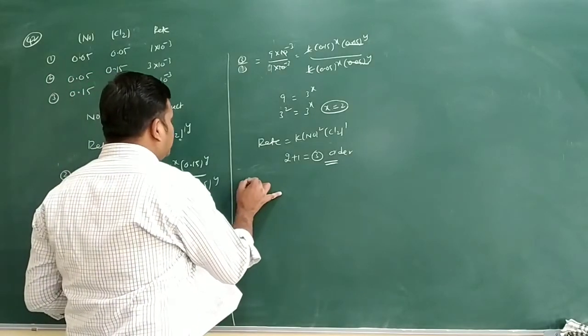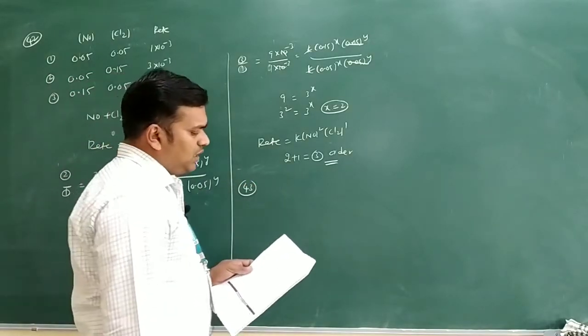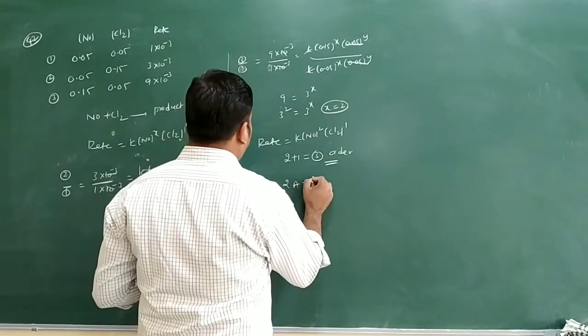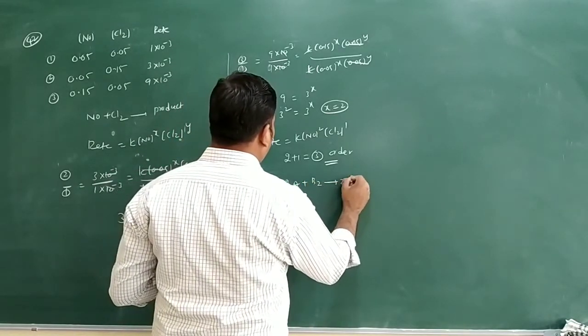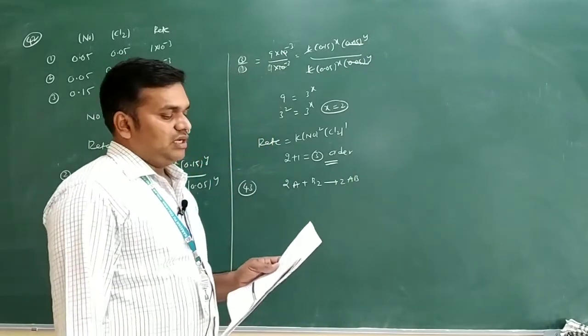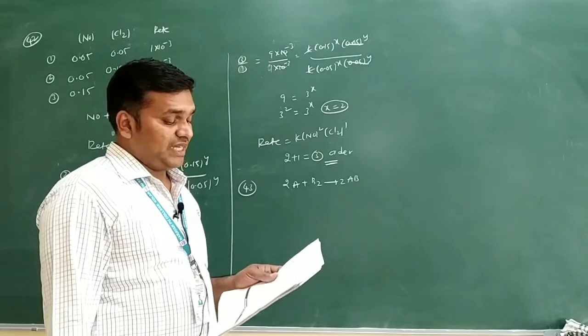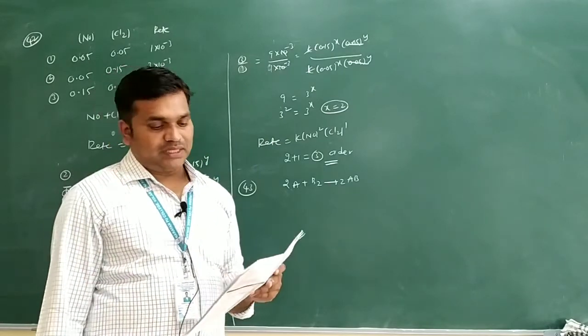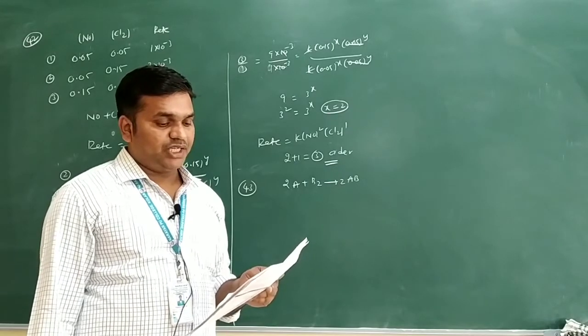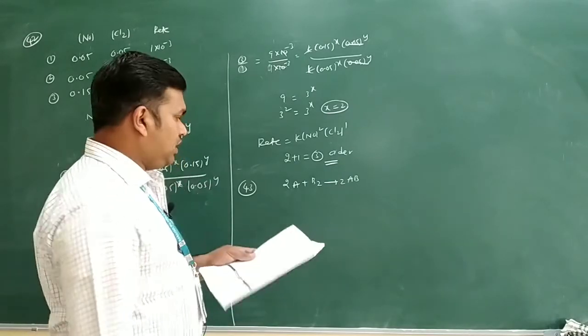Now we will see question number 43. This is also the same model. In the given reaction, okay, now what equation is given here? 2A plus B2 gives rise to 2AB. Concentration of A and B is given, rate is given. They are asking for the rate expression for this question. So we want to identify the rate from this equation. I am writing here rate.